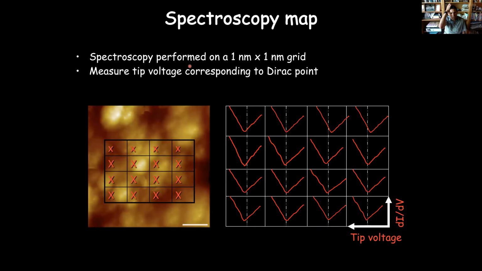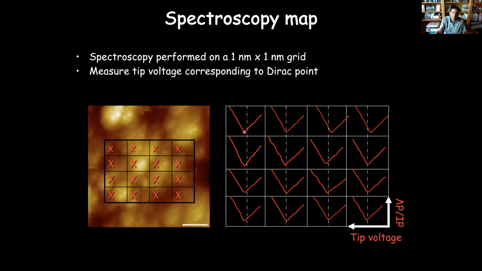And so to investigate that, we're going to look at the density of states of the graphene as a function of position on a sample. As I showed you before, we can take these density of states, dI/dV maps, at different positions on the sample. Every place you do this measurement, you get this V from the density of states of graphene. The minimum point here corresponds to the Dirac point of the graphene conduction and valence band.